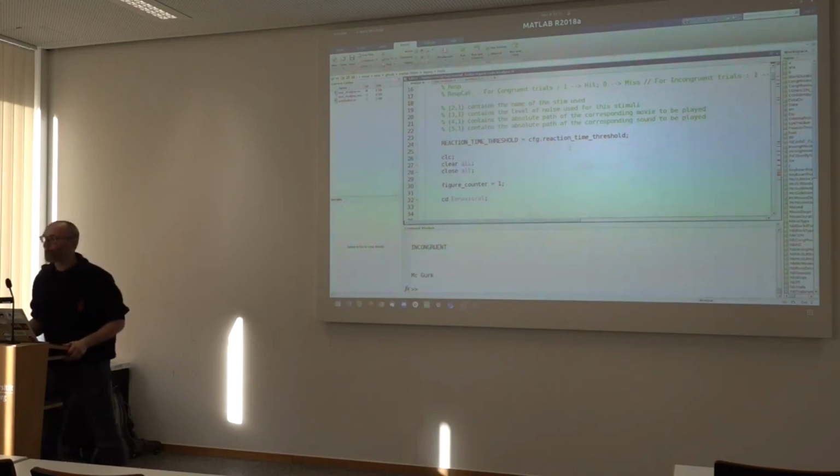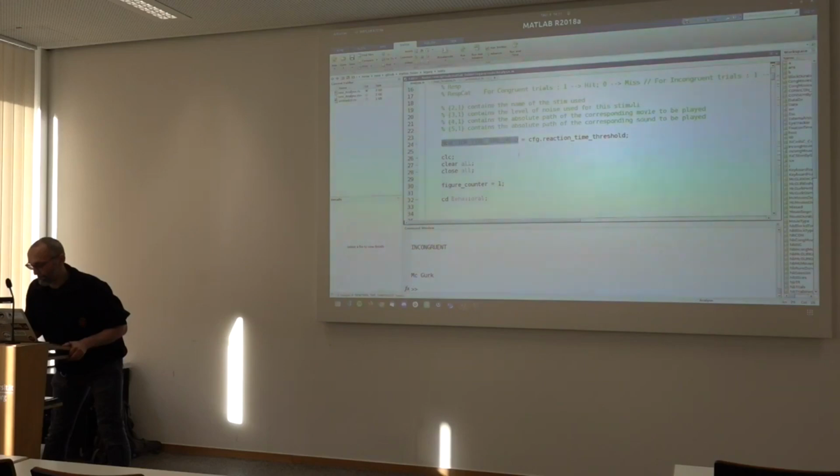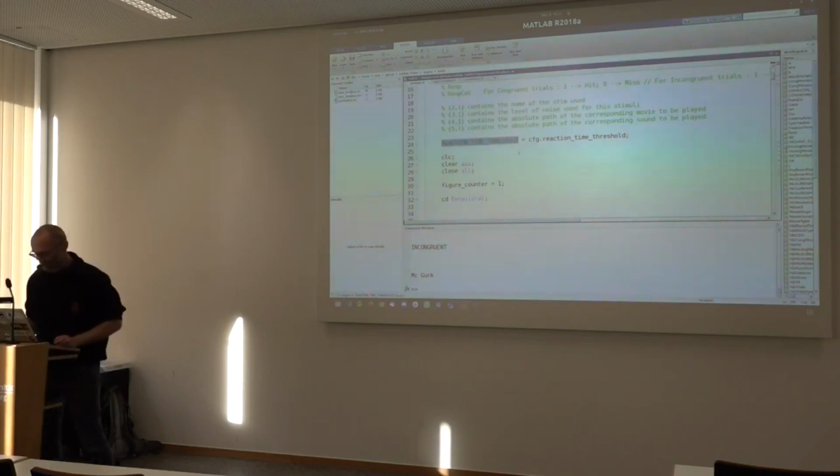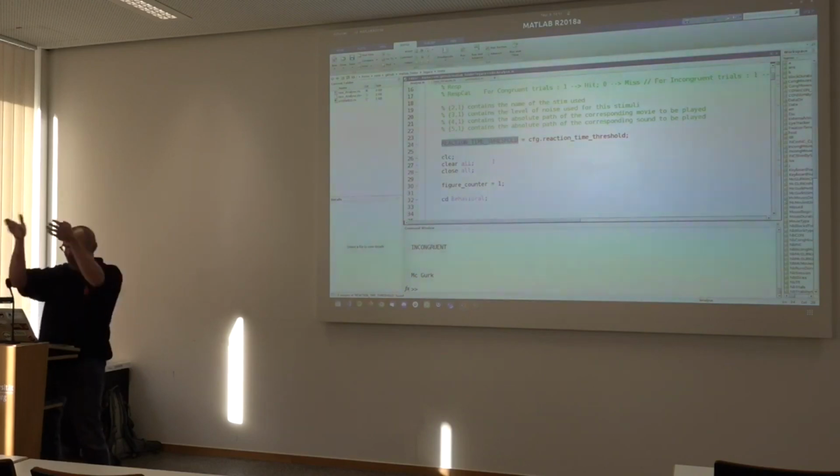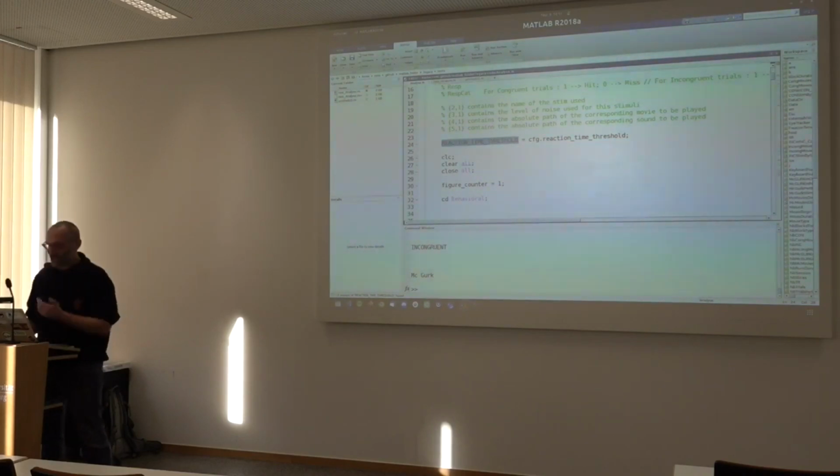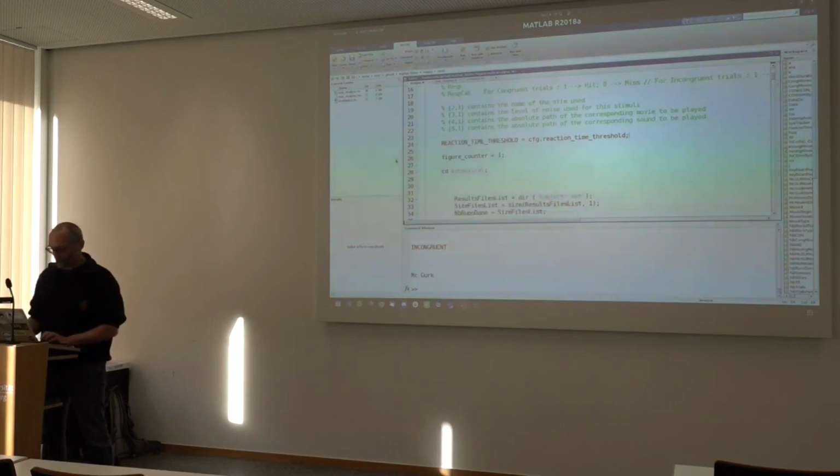Yes, sorry. Shouldn't you write the reaction time threshold below the clear all? Exactly. Okay, that's also something that I used to do a lot. I would write the function after a clear all, and then I was like, why doesn't it work? My variable is just here. So yeah, definitely those, actually even the 3 lines, the CLC to clear what's on the screen, the clear and the close all, they don't belong in a function. Clearly you want to remove those, because otherwise you get into weird things like this.